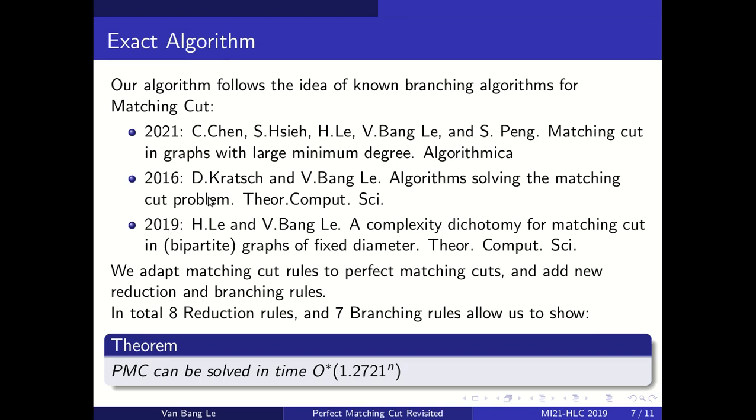They all give branching algorithms for matching cut of various types, and we adapt these rules that are used for matching to our perfect matching cuts, and we also add a few new reduction rules and branching rules. So in total we end up with 8 reduction rules and 7 branching rules, which allow us to show this result, that perfect matching cut problem can be solved in this runtime,